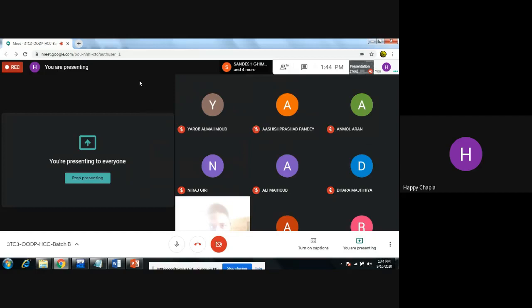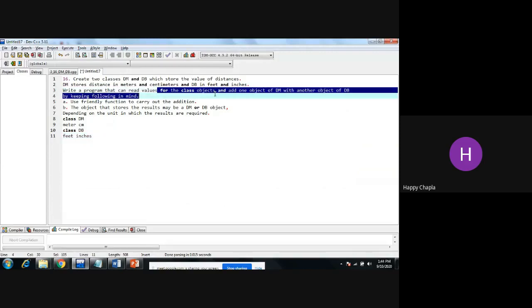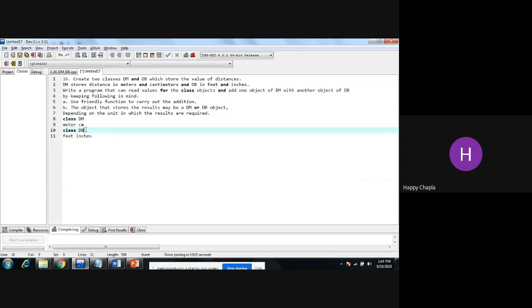Stop sharing your cam. Okay, now for those classes we need to declare two objects, right? One for the DM class and another object for the DB class. Now what we have to do, we need to add every unit, and we need to give the total distance count. Say if meter equals 1, centimeter equals 1, feet equals 1, and inch equals 1, right?